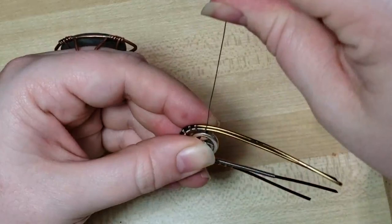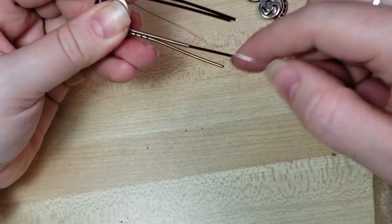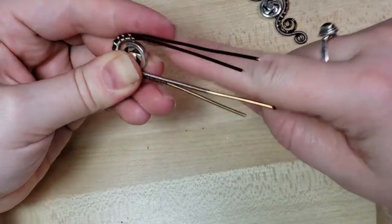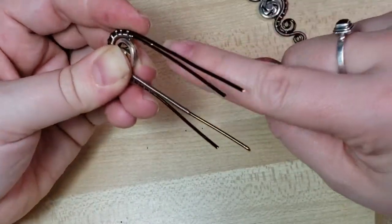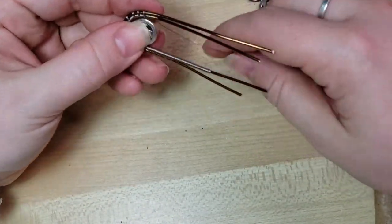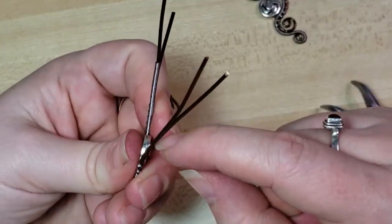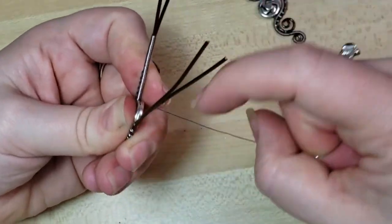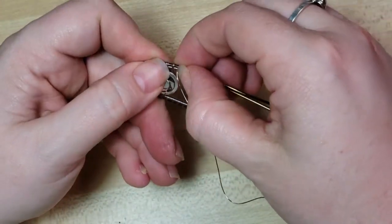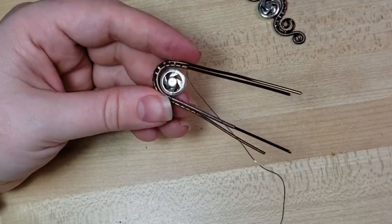So let's hook 1, 2, and nice and tight and snug and everything. Then 1, 2, 3, 4, and 5. So there's 1, so that's 6 more for us. 1, 2, 4, 5. Smoosh. And the key to getting nice tight wrapping and weaving is to just keep an eye on